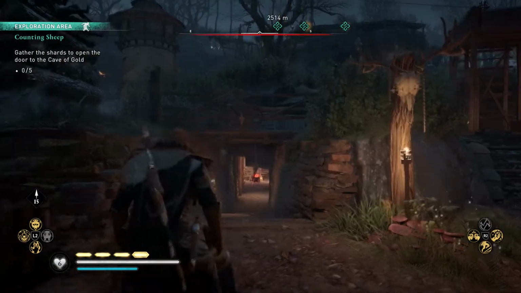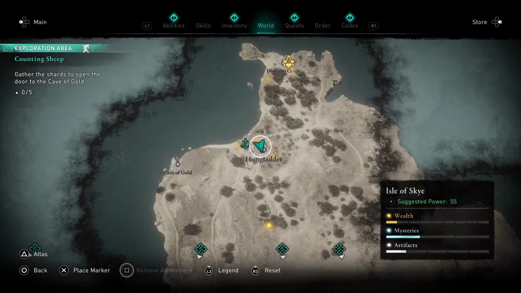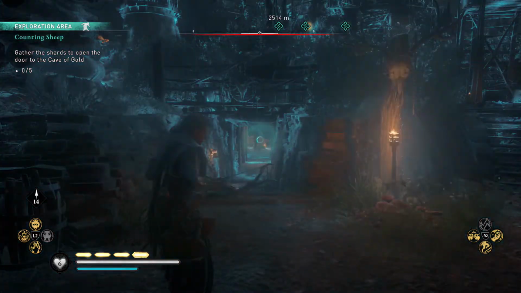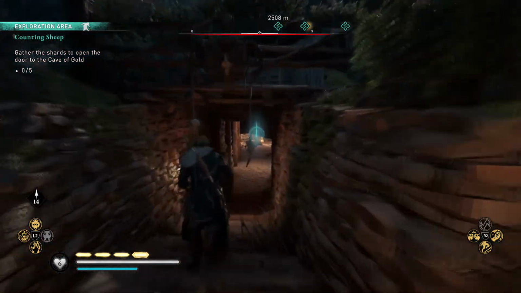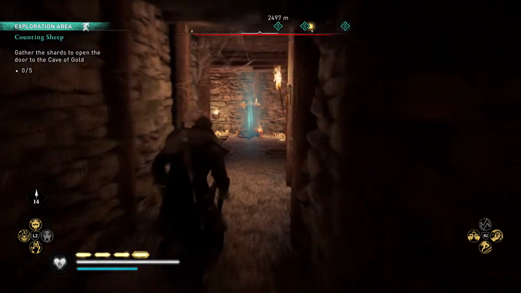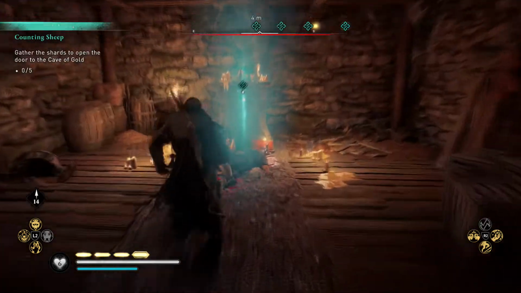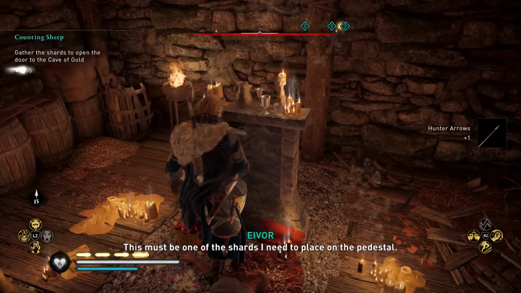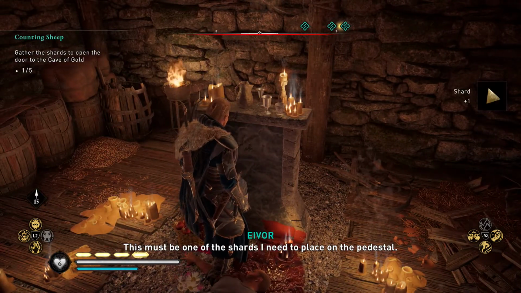In the mission Counting Sheep you have to collect 5 shards to open a mysterious door in a temple. Luckily those are marked on the map, but not the correct location, so this one is underground. You can always scan for it, and then you get the green marker where it is. So this one's a bit easy to get. It's right in this socket. So the first one